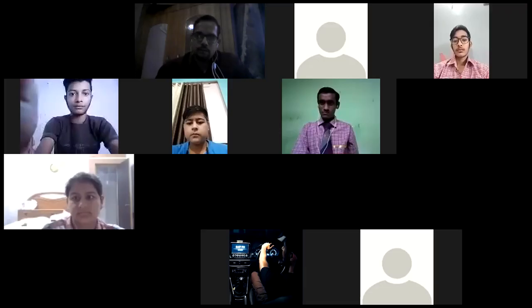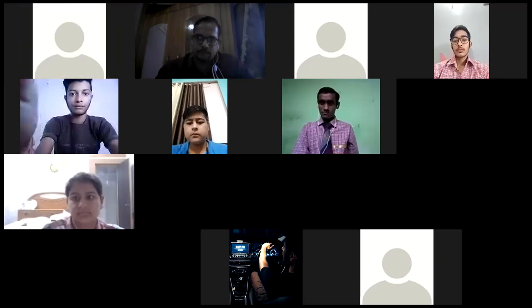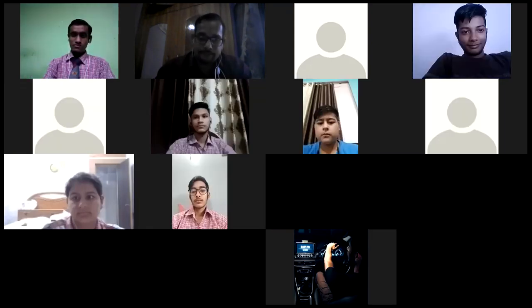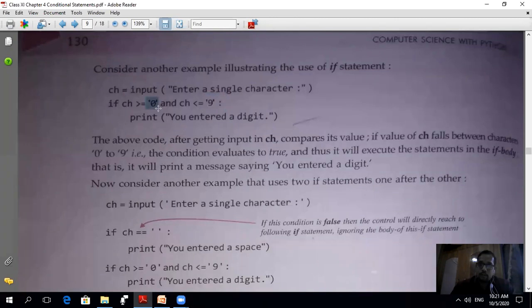Anybody knows what is this 0, is it in text form or numeric form? Look here. Here 0 is written in single quotes, or those things that are written in single quotes or double quotes are considered as a character, as a text. Very good Aditya. Clear? और ये भी देखो यहाँ पर int नहीं लिखा है, that means it is not